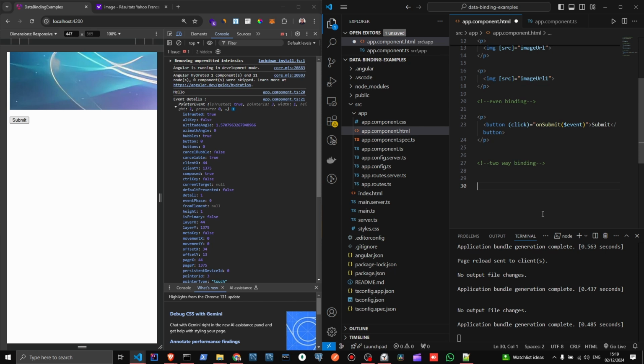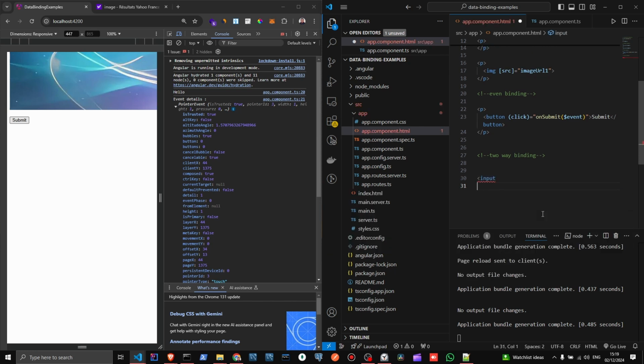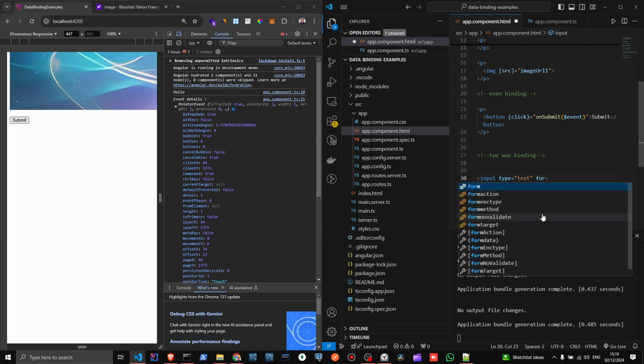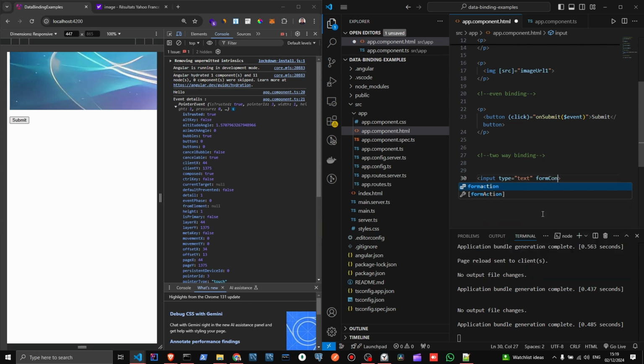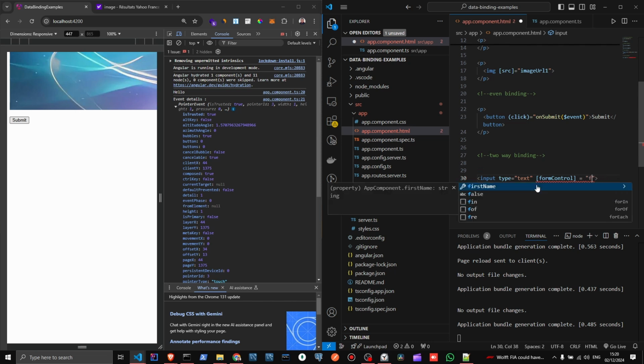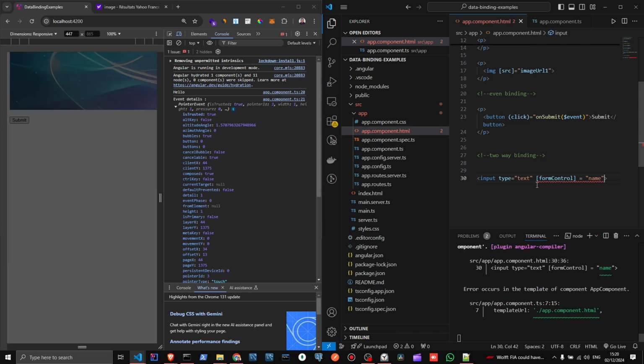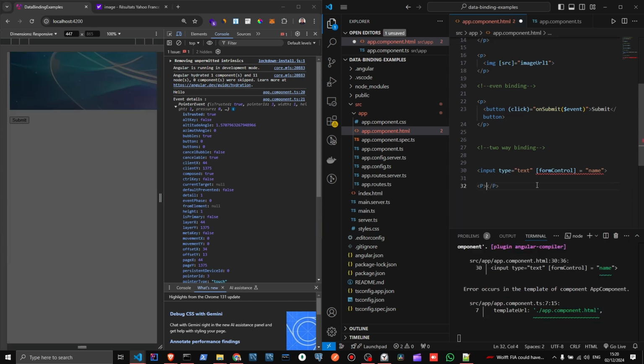I will have an input of type text with a form control that we call, for example, name, and a paragraph